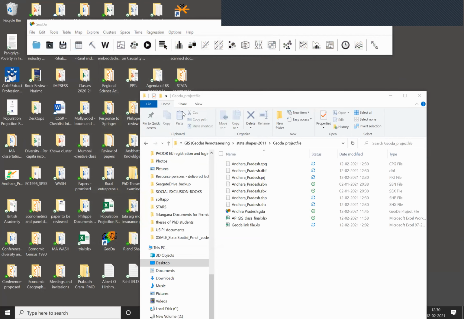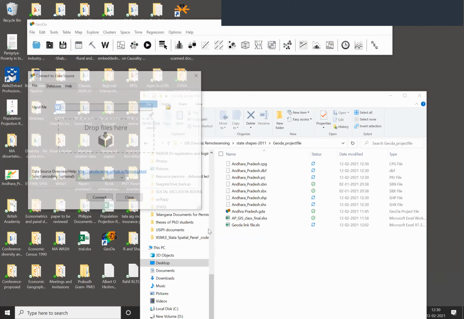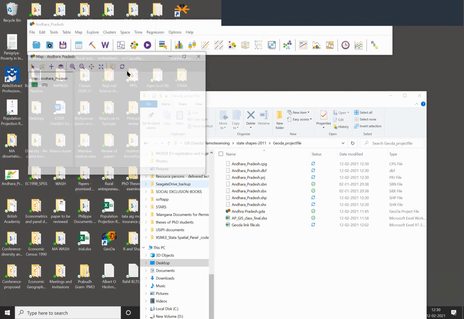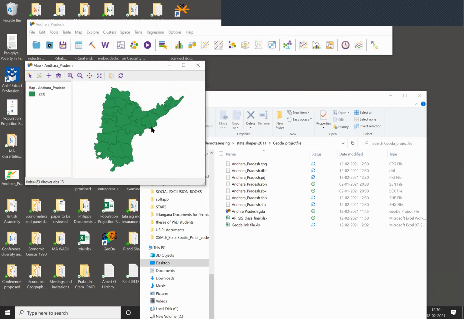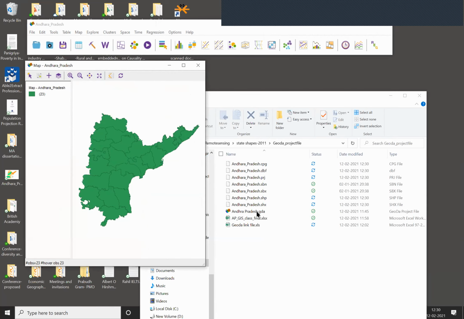I'm just starting again, because all of you need to understand this. Now, what I said to you is that this is Andhra Pradesh. This file is appearing. This is where I have my Geoda link file in Excel. Look at how my Geoda link file appears.